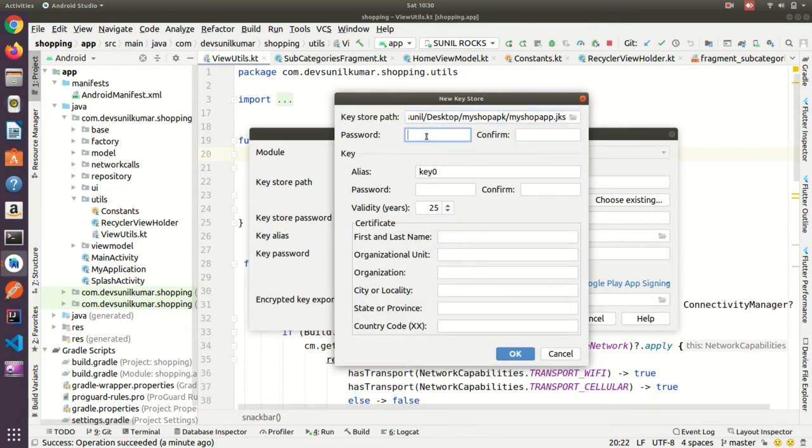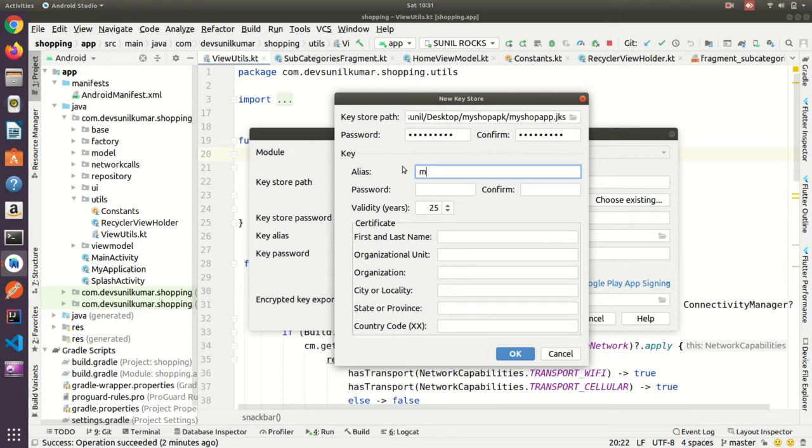Then you need to create one password, and that password you should always remember. So I am writing a simple password, my shop app. And this key alias you can either leave as it is or change.